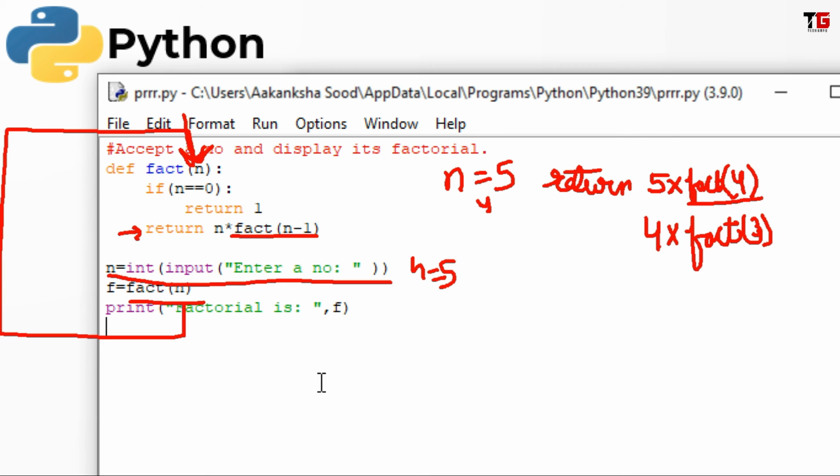So it will calculate its value as factorial of 3 means 3 into factorial of 2. So again calling the same function with 2, 2 is not equal to 0, it will return 2 into factorial of 1.